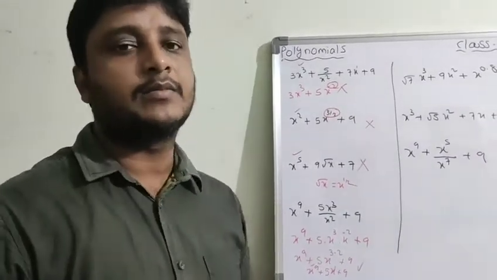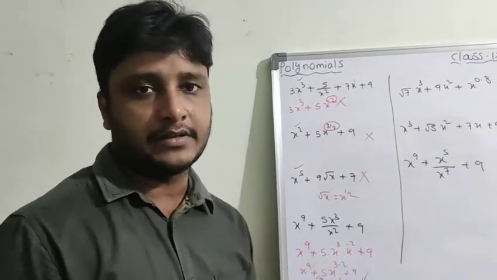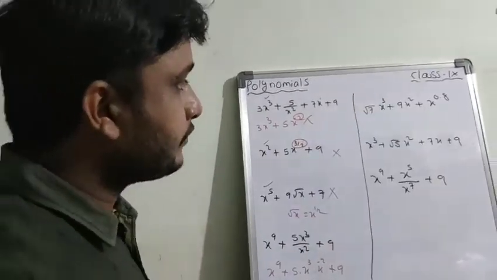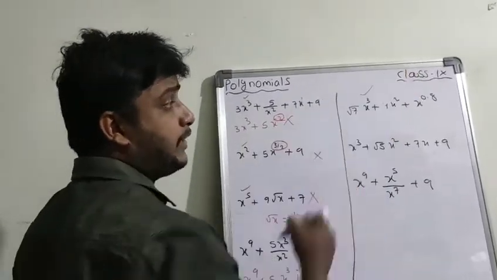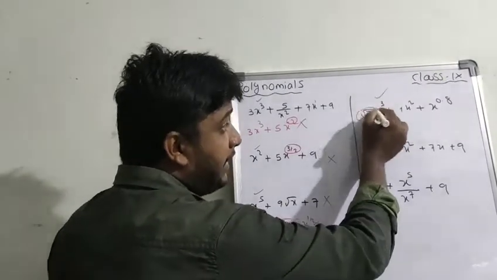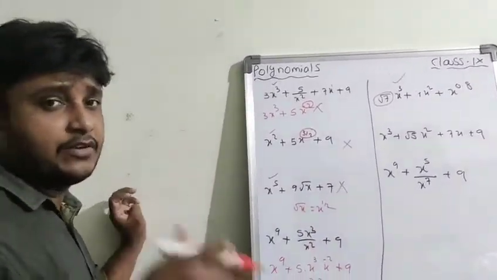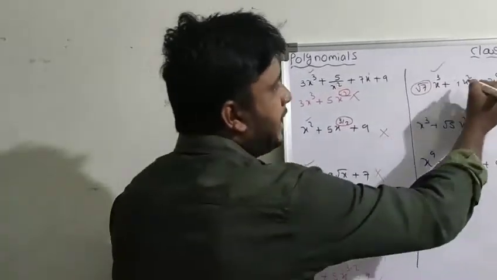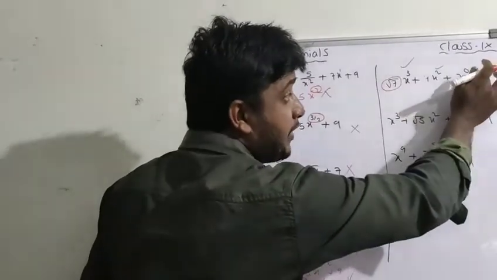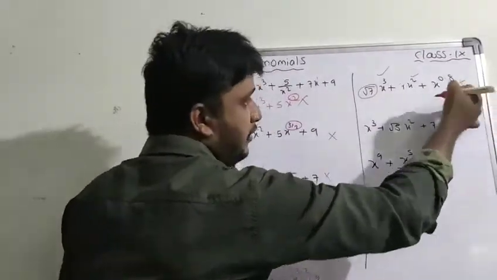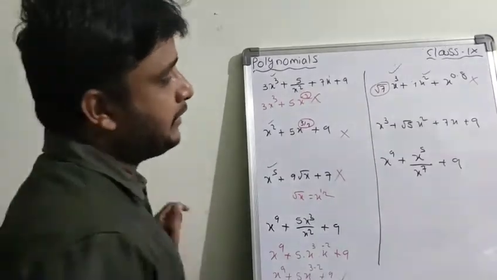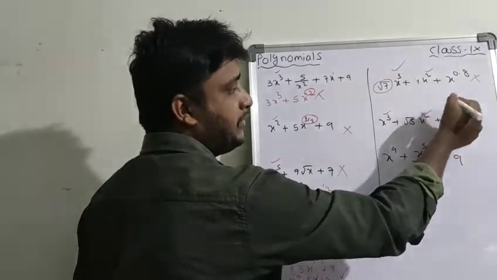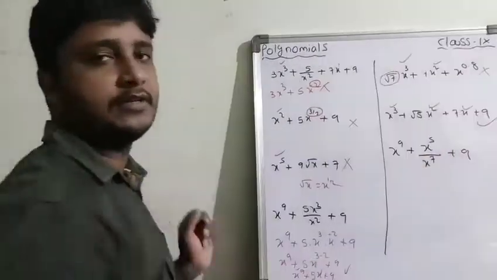This is very important, one more question. Even in 10th class sometimes they will ask. Identify: under reasoning and proof they will ask this question. So coming to here, root 7 x cube. The coefficients may be any roots, not a problem. They may be negative, anything, not a problem. But the powers of the variables we have to consider. So here 9x square, okay, but x power 0.8 is a decimal, so this is not at all a polynomial. Coming to here, x cube, root 5 is the coefficient, we have no problem with that, x square is the variable, so this is a polynomial.